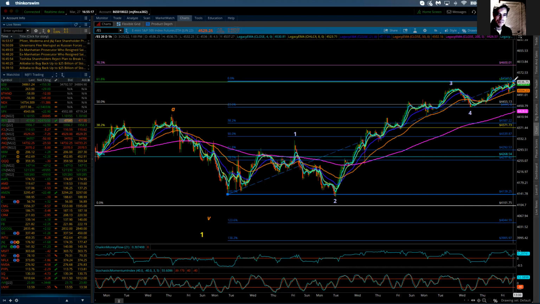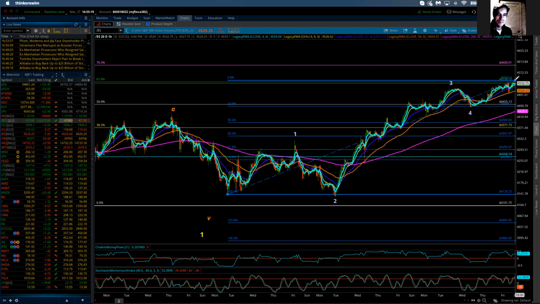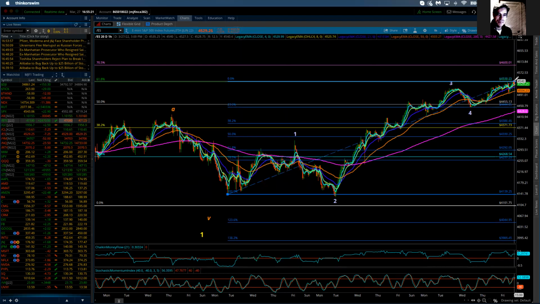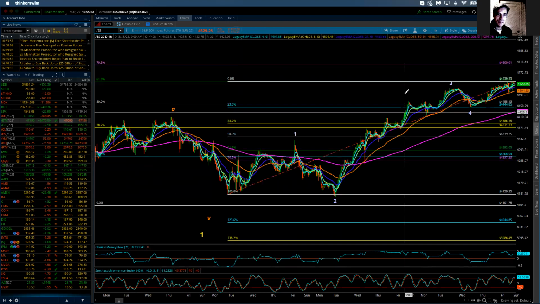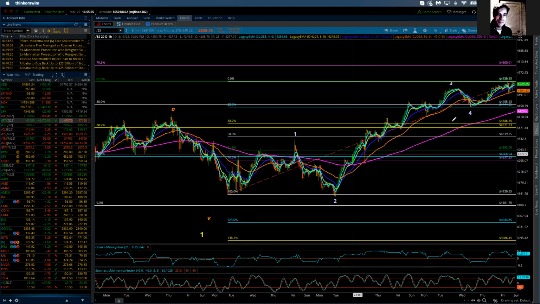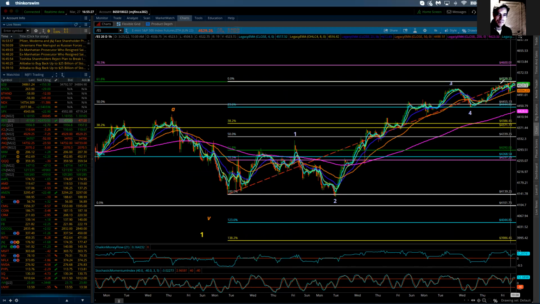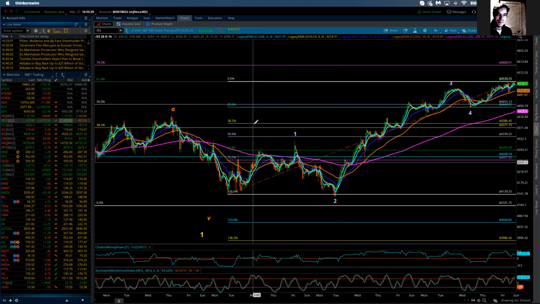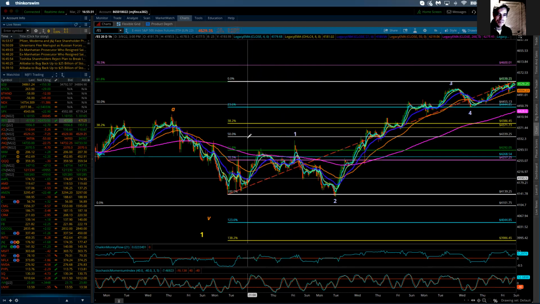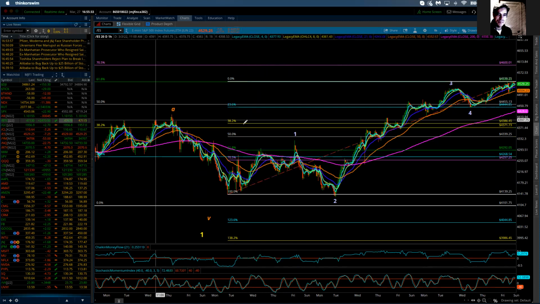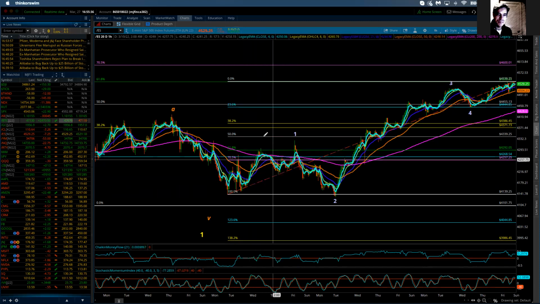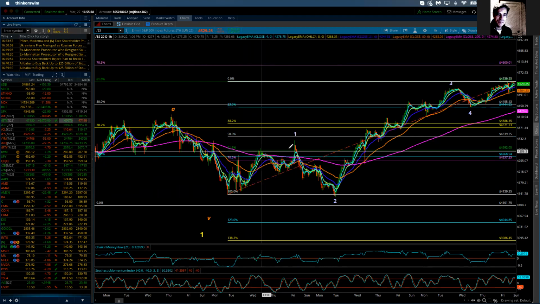And quite honestly, it's a little bit sketchy. We'll go to that 40 level, we'll put it right there. But if that is the high, we're looking for a B wave. B waves can go 38.2 to 50%. This one's on the way up, so now we've got to look at these interiors for what we can do on the way back down. The B wave can go all the way down.